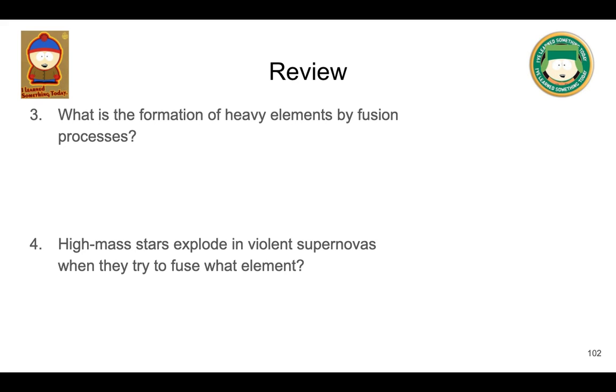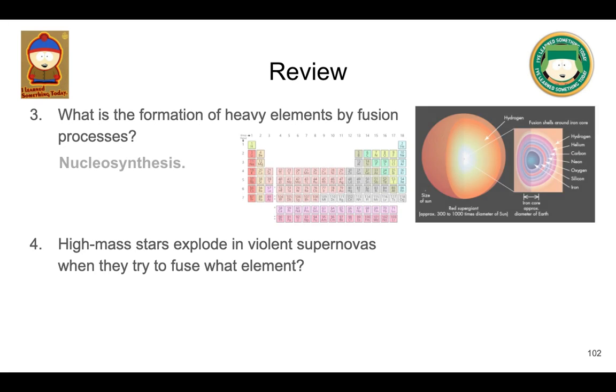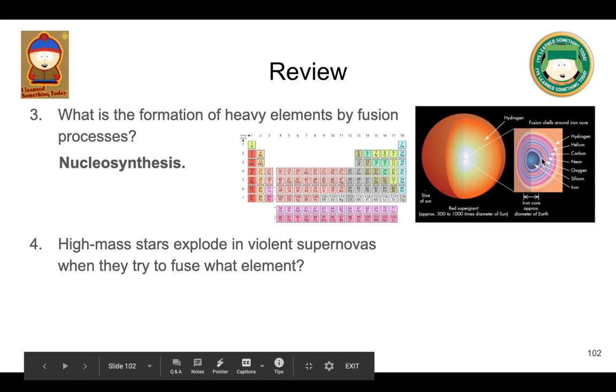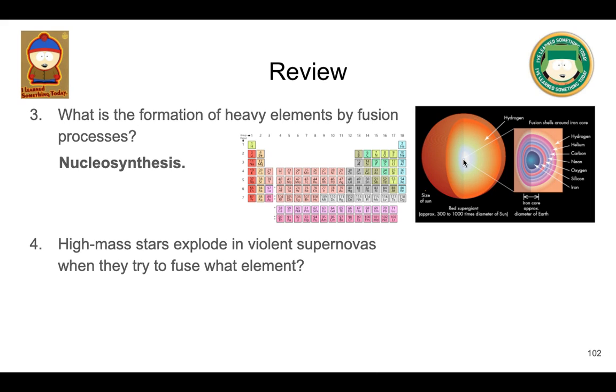So, what do we call the formation of heavy elements by fusion processes? We call this nucleosynthesis. All of this is happening in the core of the star. And remember, main sequence, we're forming hydrogen into helium. And then after that, we start going into the giant phases, so red giant and yellow giant. After that, that's when it's forming helium into other things, and those other things into other things, and those other things into other things. And you start getting these shells, kind of like the layers of an onion around the core of all the different materials.